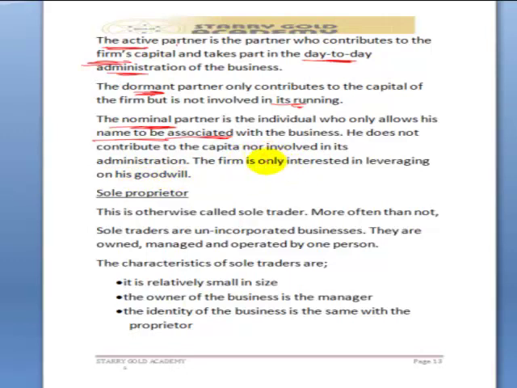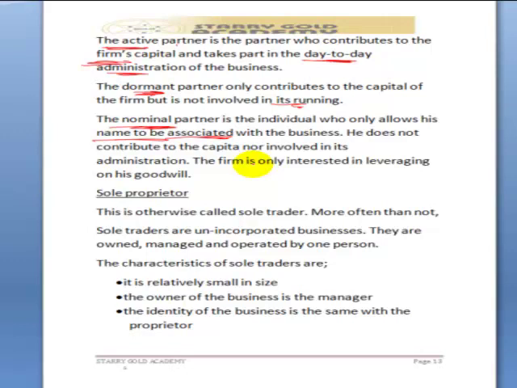An example of a nominal partner can be seen perhaps when we have two young men fresh from the university who are lawyers, who are legal practitioners now, and perhaps they now bring in the name of a prominent lawyer. Let's use Femi Falana as an example, as a partner in the firm. The idea is whoever sees Femi Falana's name as a partner in that firm might be interested in doing business with that firm, fully aware that Femi Falana, as it were, is a thoroughbred professional.